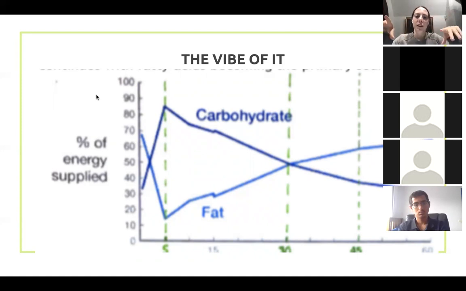And the answer, obviously, from the diagram is that you're going to fluctuate. So if we look at the dark line up here, this is the carb usage throughout the time periods, and the fat usage. This is essentially an important diagram to know, because it just makes everything easier to understand. But